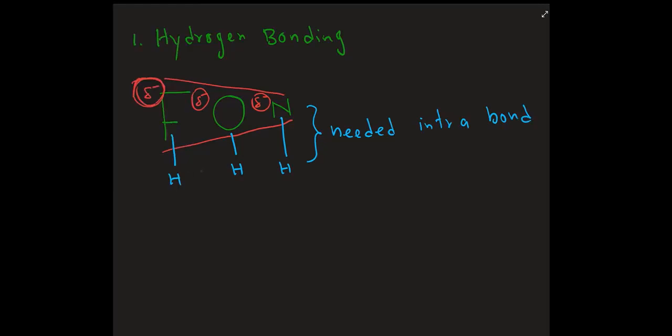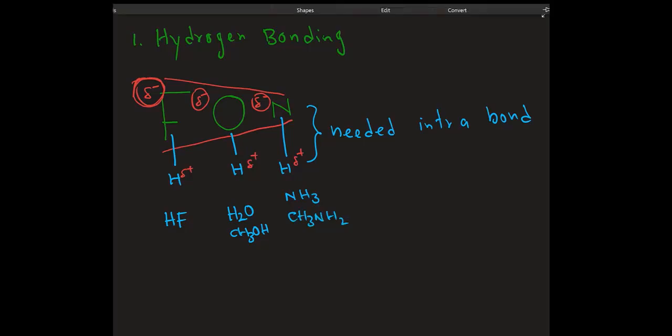From the previous video, I'm going to explain that hydrogen always gets a delta plus partial charge. Examples are HF, water, methanol, ammonia, methylamine, and any amine, right? So I'm showing here,